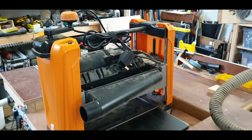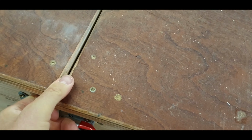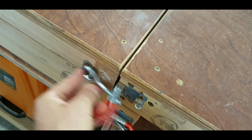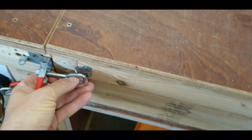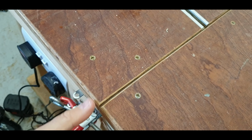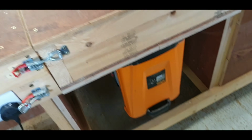And then when I'm finished using it, unclip these two sets, spin it round. It just pivots. There's a metal pole, and I made some sort of bosses out of oak, to try and give it a bit more strength. I've just shifted these this morning, and then that gives me back the whole width of